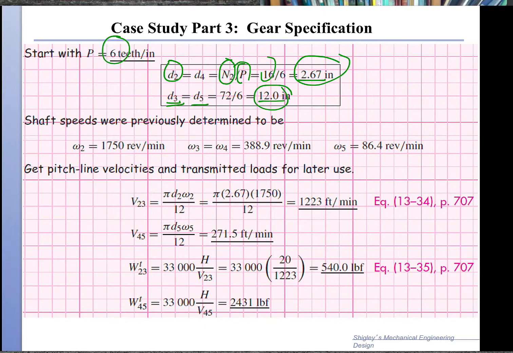The speeds, we have computed those before. Input is 1750, output is 86.4, and the counter shaft or intermediate shaft has a speed of 389 RPM. We figure the speeds, then we can find the pitch line velocities from gear 2 on gear 3. The pi d times RPM over 12 gives 1223 foot per minute. Gear 4 on 5 gives us